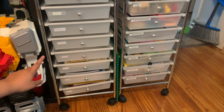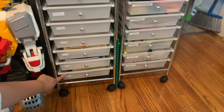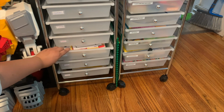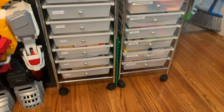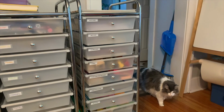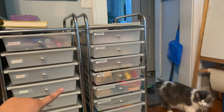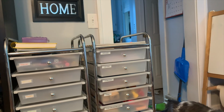Thursday and Friday. Yeah, Thursday, Friday, and the bottom 3 are all extra bins. So in here right now we have worksheets, poetry books, and little books that he might be using this coming year in school. So that's what those are. Then this next one is all more student driven. The top bin is white paper, then lined paper, colored paper, stamps, flashcards and card games, laminating pouches,